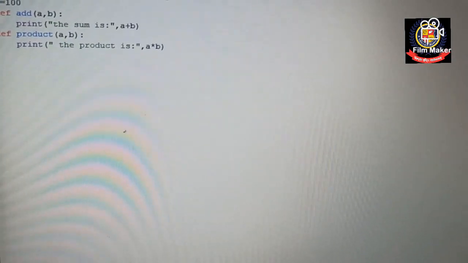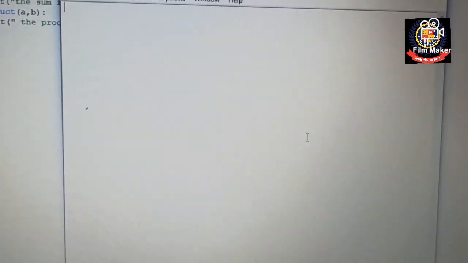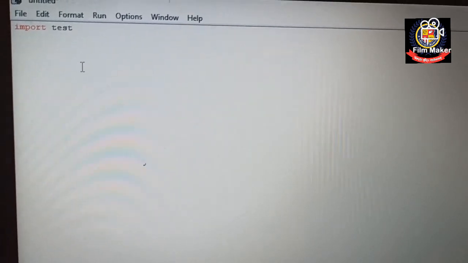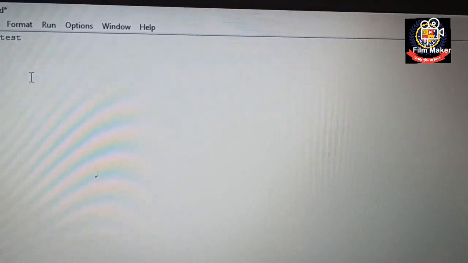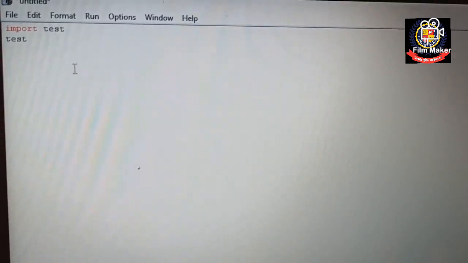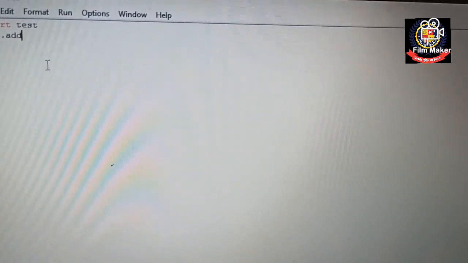Now if I want to access it, I'm opening one more new file, and I want to access the module that I have created. First of all I have to mention import, then the name of the module, that is test.